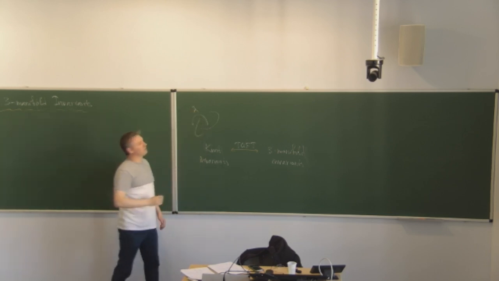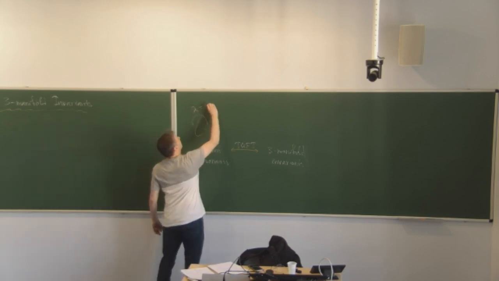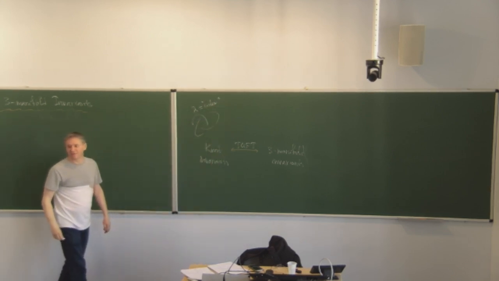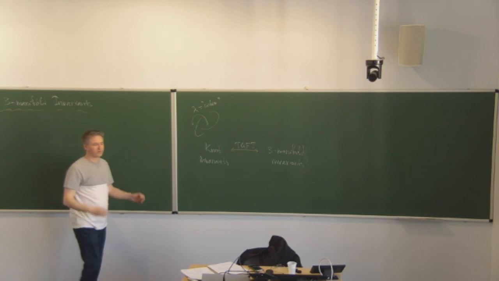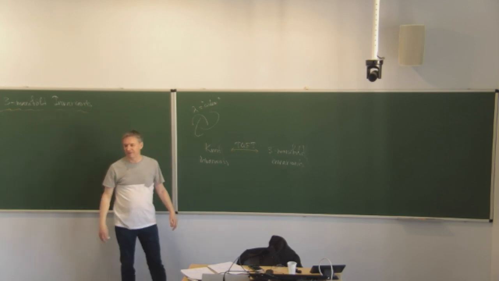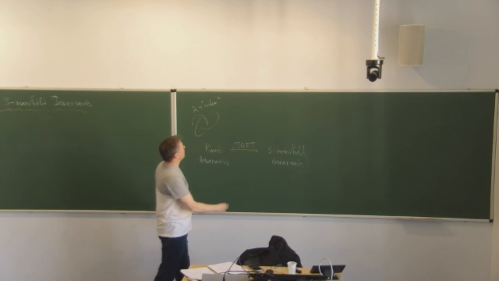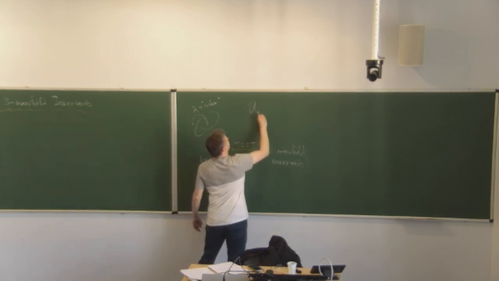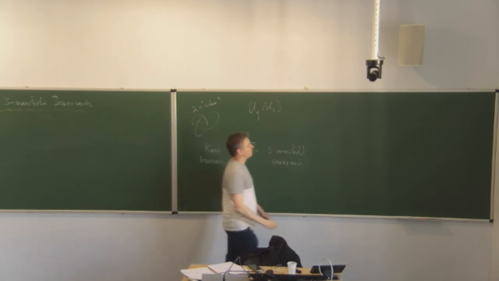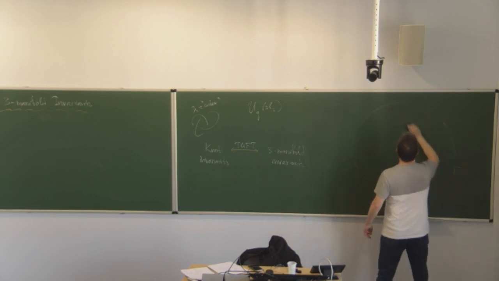I may change notation for it, but for now I'll just call it lambda, so lambda will be color. So it's a representation of a quantum group, whatever your quantum group you're using, and it has to be allowed in a sense that, again, we'll discuss later. For instance, if your quantum group is just U_q(sl_2) at some root of unity, so I can draw a picture of the unit disk in the q plane,